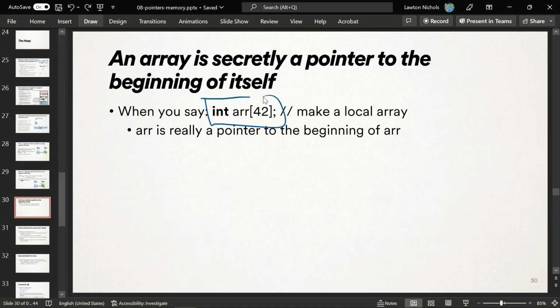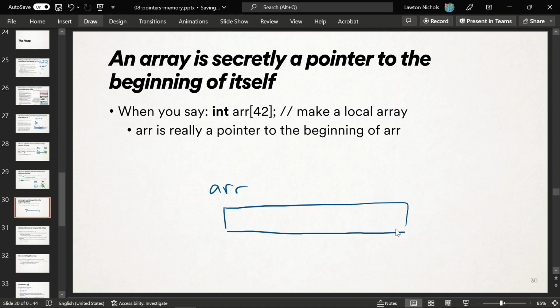So when you say int r[42], I usually draw it like this. R, it has size 42, right? It's got a bunch of stuff in it. I don't know what you want to put in your array. It's got 42 elements, of course. You can store like 1, 2, and 3, whatever you'd like to store,